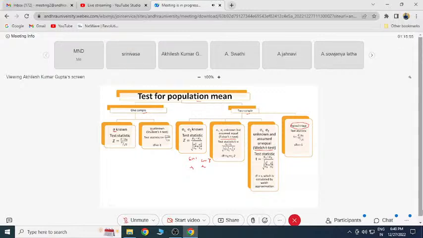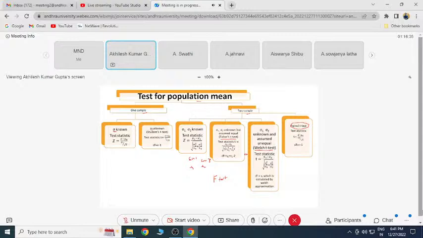Okay, so in between, here I told that we have two samples and you can have two scenarios, whether variances are known or unknown. At that time, we get the situation of the F-test. These are the scenarios for the t-test, and in these two situations we have to test whether variances are equal or not. So we'll use the f-test to test that. If the f-test says that variances are equal, we will go for the Fisher t-test. If the f-test says that variances are not equal, we will go for the Welch t-test.